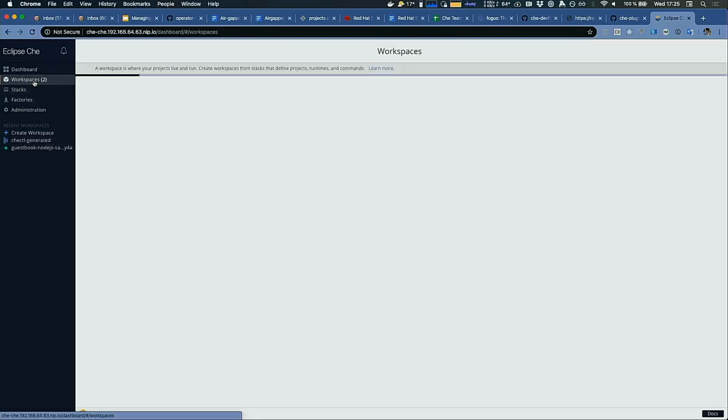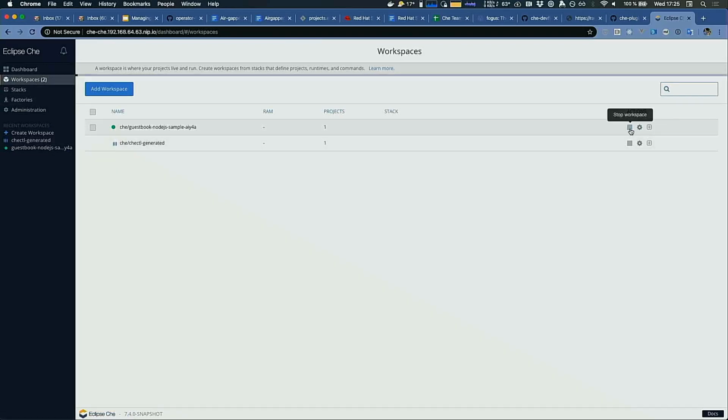So now the workspace is loading. Actually, stop the previous workspace that I have here.